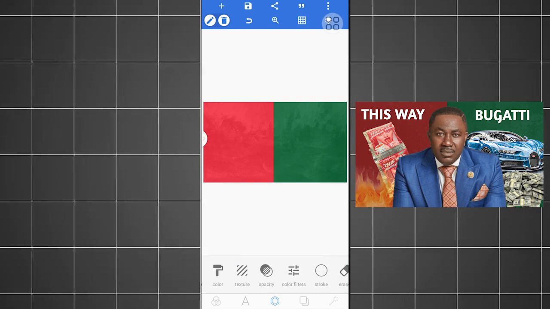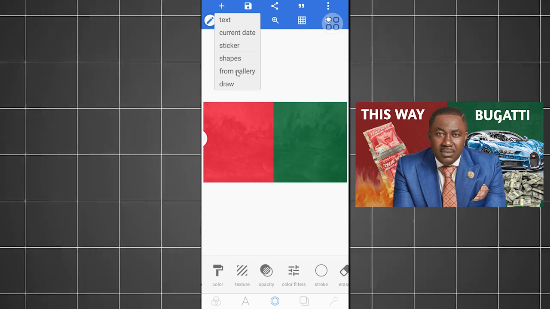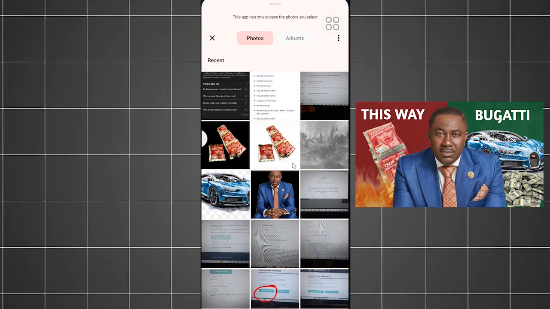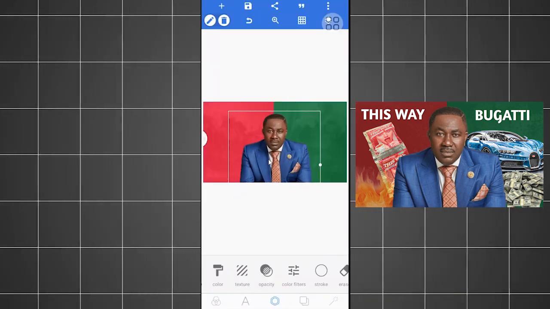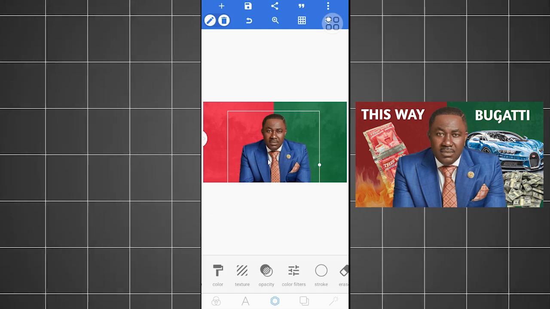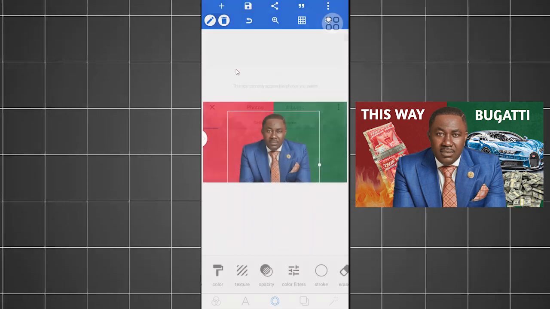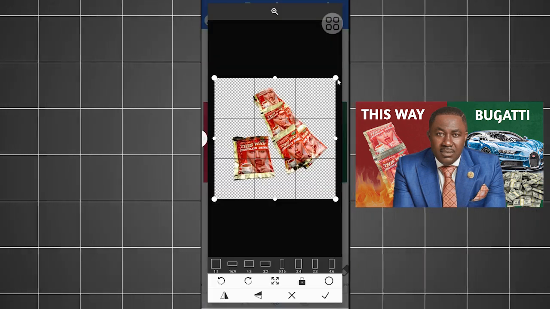So we are now going to use the assets that we downloaded from the internet. Click on the plus, click on gallery, and look for the ones that you removed the background on remover.ai. So click on this, click OK, and then position it in the middle like this. Once you have that, go back again, click here from gallery, and this time we are importing the chocolate drink. Click on it, resize it a bit,